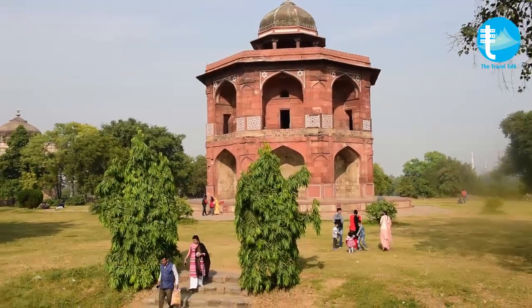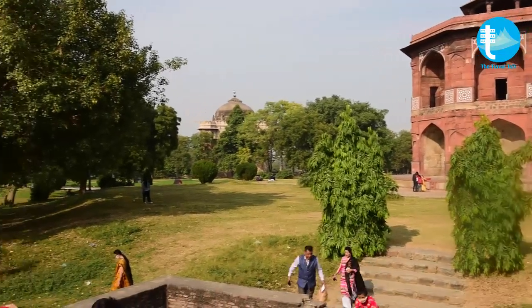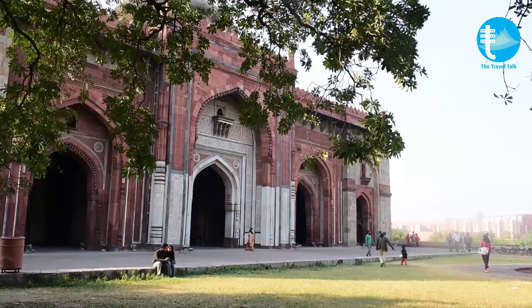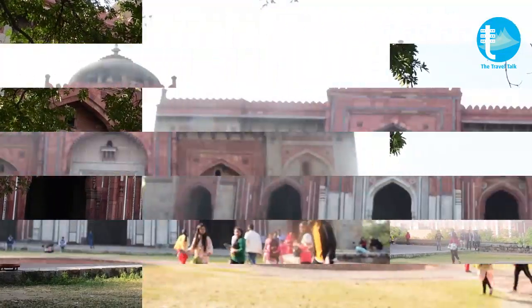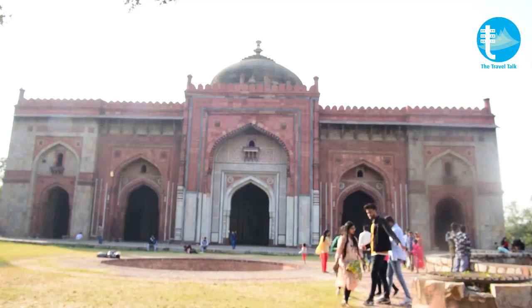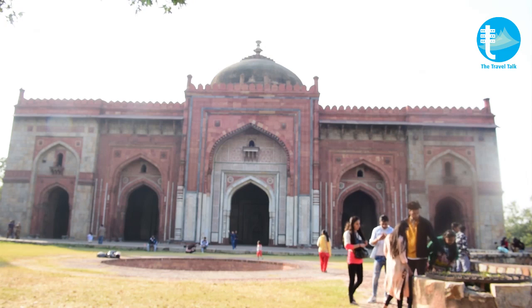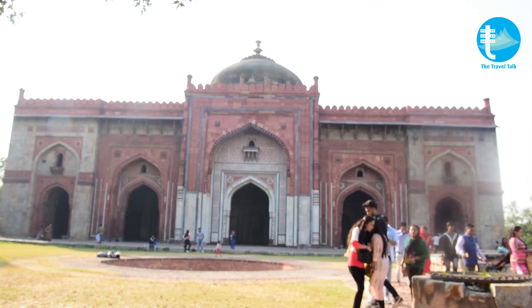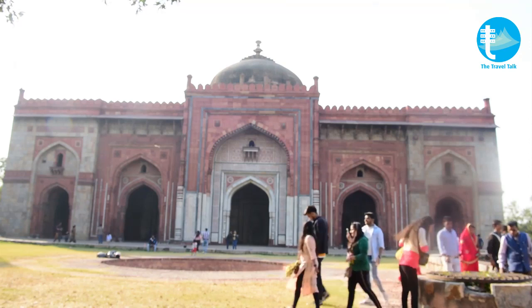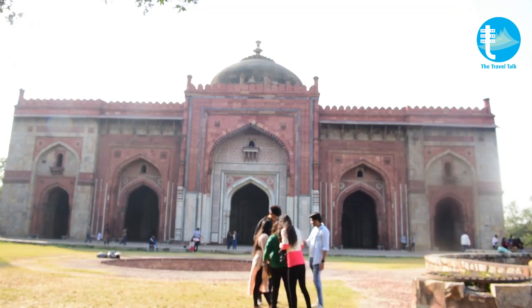Kila-i-Kuhna Mosque and Sher Mandal, created by Sher Shah, are the two noticeable architectures within the Purana Killa that are worth a mention here. Kila-i-Kuhna Mosque is a single domed mosque built in pre-Mughal style in the year 1541. The mosque has five gateways in horseshoe architecture and is an example of pointed arch architecture that was followed later by a lot of